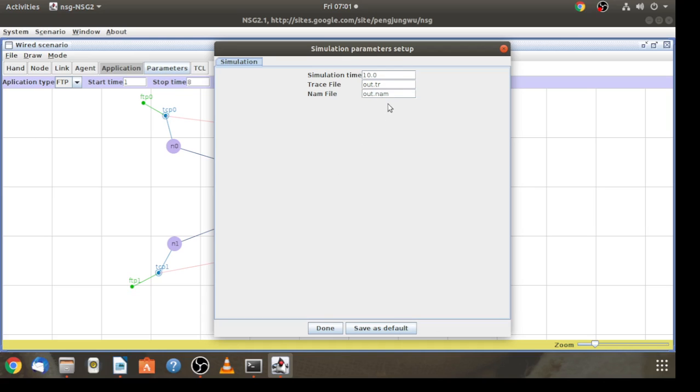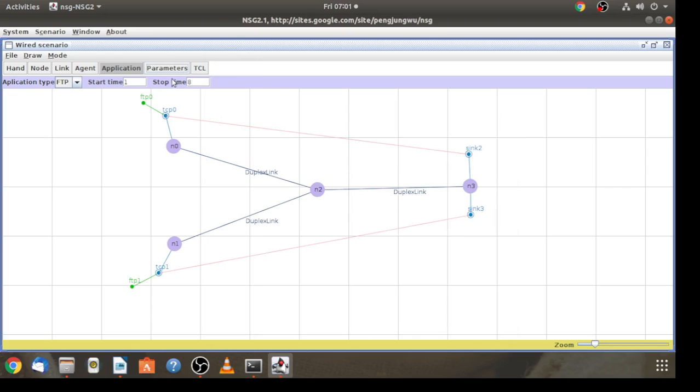Because every experiment I want to do in a separate folder or separate directory, I don't want to use anything. Okay, save as default. That one is a default thing. So then